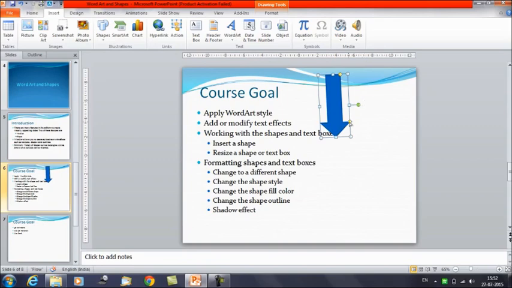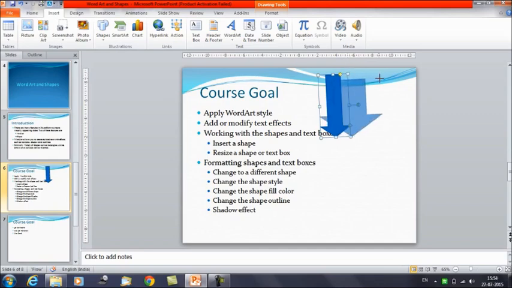There are yellow handles available here. Yeah, this one. As we have seen that the green handle allows us to rotate the shape, we can see that two more yellow handles are available here. This will allow you to modify the corners, you can say, modify the length of the points on the corners.